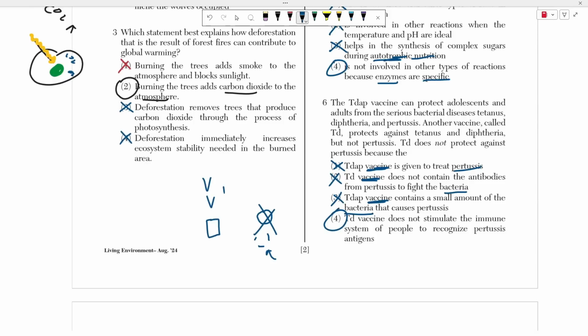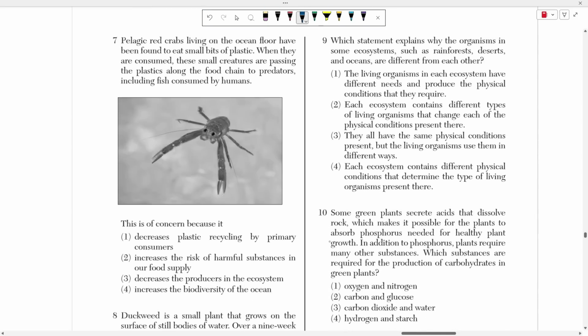The TD vaccine does not stimulate the immune system to recognize pertussis antigens, okay? So in this case, antigens are parts of the virus. So in order for your immune system to be stimulated and give you immunity, it needs to be stimulated by that specific virus. So this TD does not protect against pertussis because it doesn't even contain any part of the pertussis virus. Okay, 7 says that pelagic red crabs live in the ocean floor, have been found to eat small